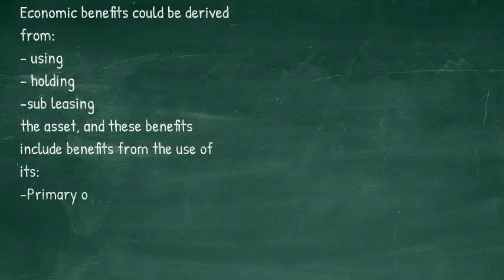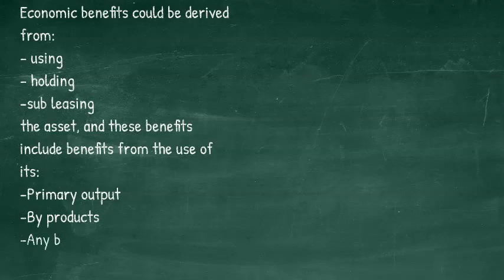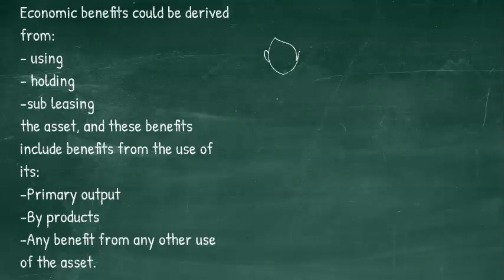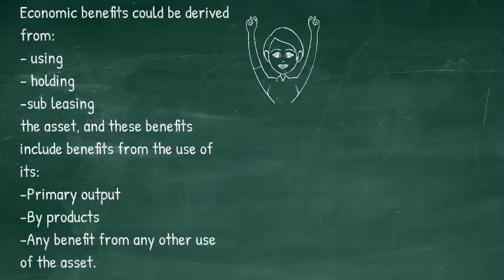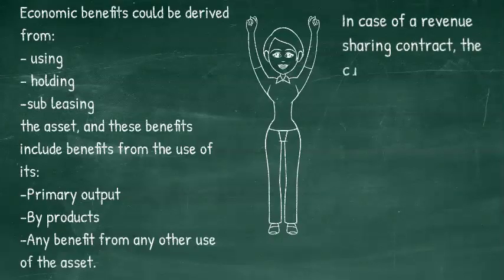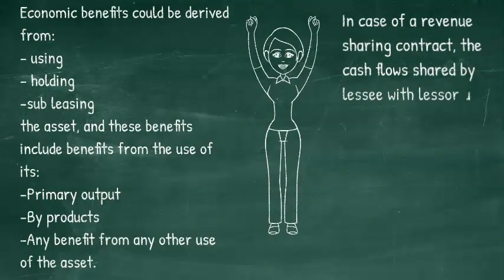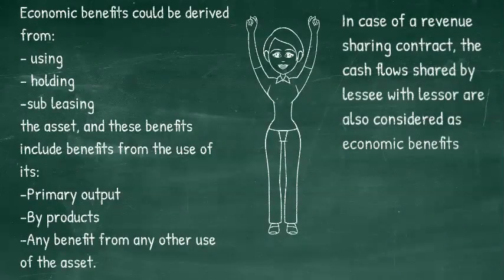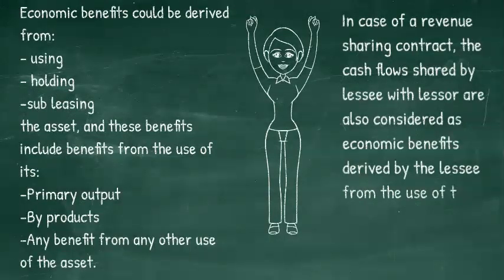What if both the parties have agreed to a revenue share model wherein the lessee has to share cash flows derived from using the vending machine with the lessor on an agreed ratio? Does that mean the lessee has not derived all the economic benefits and lessor has obtained partial benefits? The answer is no, because the lessee has used the asset to obtain cash flows which he shares with the lessor as a consideration for giving her the right to use that asset. Therefore, even those cash flows will be counted as economic benefits derived by the lessee from the use of the asset.